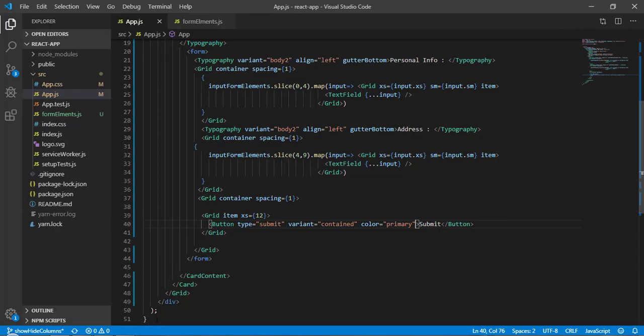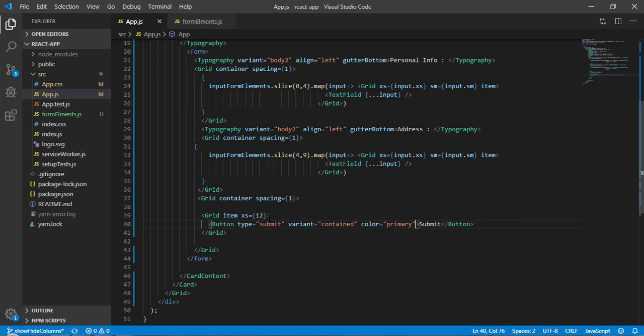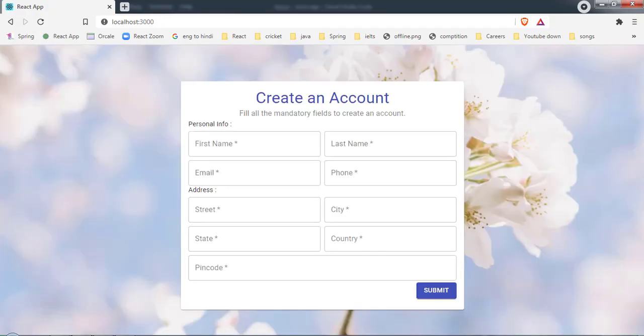So now save it and let's come back. Here, as you can see, this came into the middle, but we want this one on the right side. So I will assign one property called align, and here right. Okay, so now we will get our button on the right side.